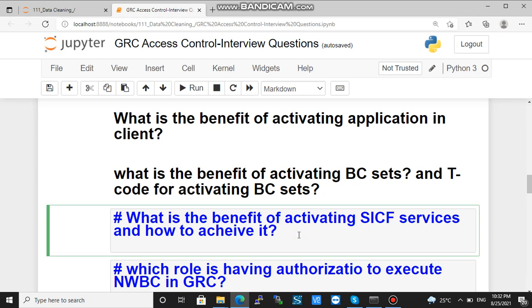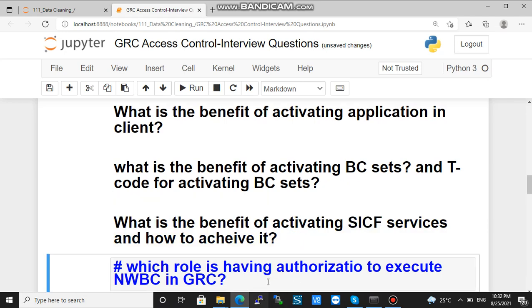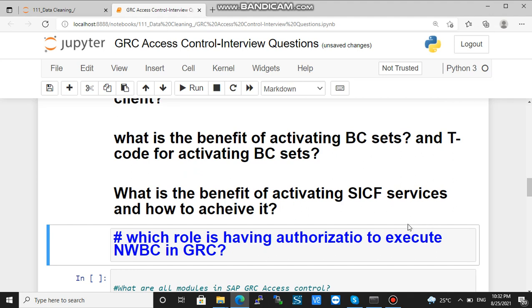So next question is, what is the benefit of activating SICF services, Internet Communication Framework Services, and how to achieve it? So to achieve it, you need to use T code called SICF, and after activating this, one can see NWBC page after executing the T code NWBC.